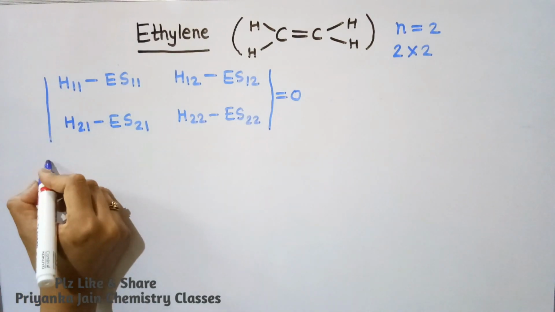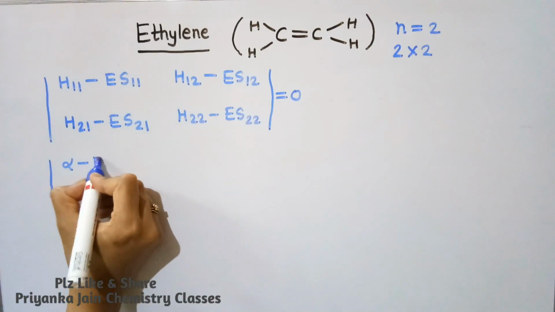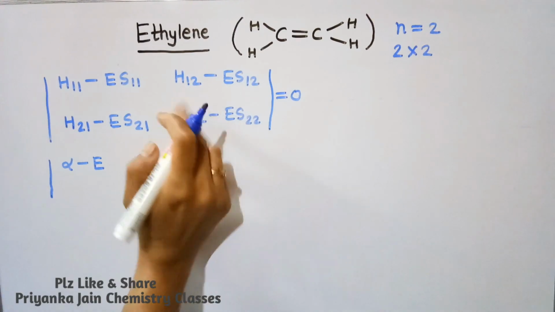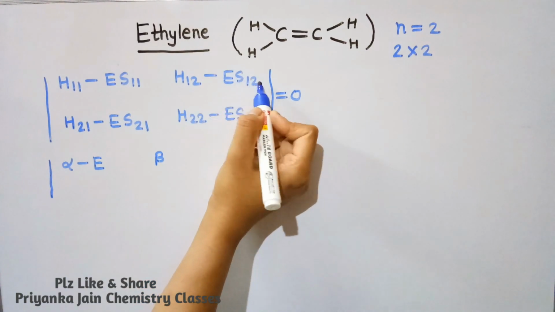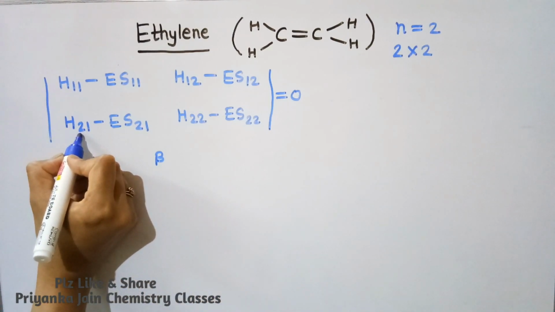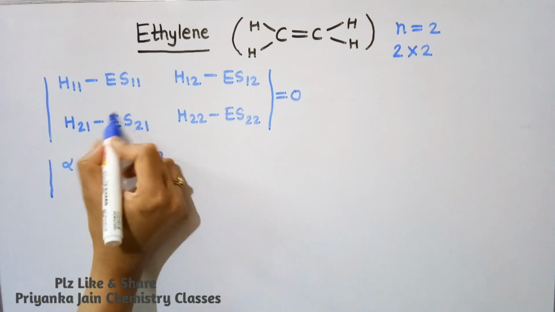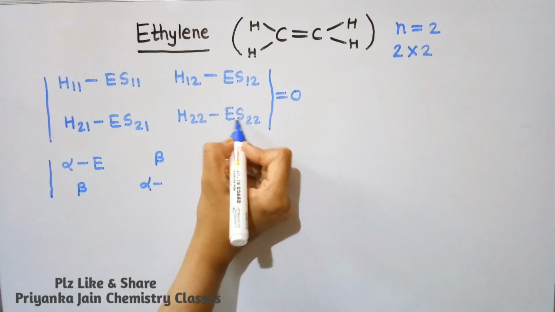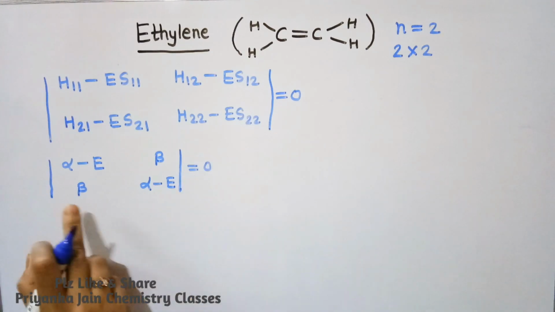This value H11 we know will be equal to alpha, and this E minus this value will be equal to 1, so its value will be alpha minus E. This value now will be equal to beta, so write down here beta, and this value we know is equal to 0, so E into 0 will be equal to 0. Now see here, this value will be equal to beta, a direct bond between the 2 and 1 carbon atoms, and S21 will be equal to 0. Similarly, this will be alpha minus E into 1, it means alpha minus E. Okay, so this is our secular determinant.